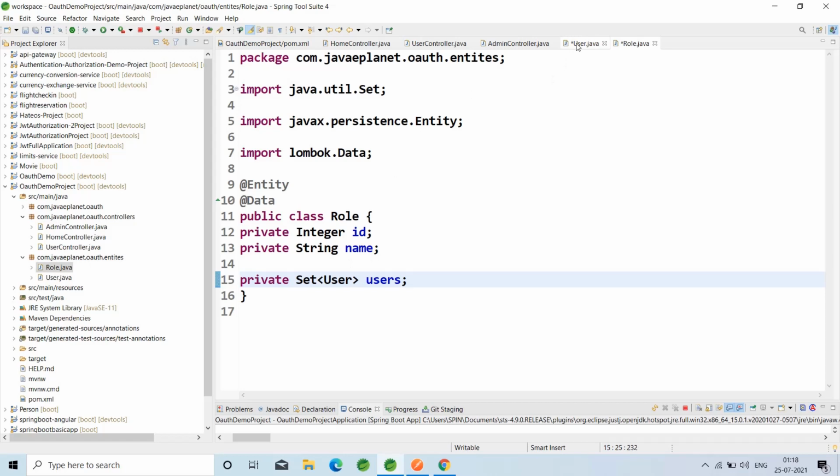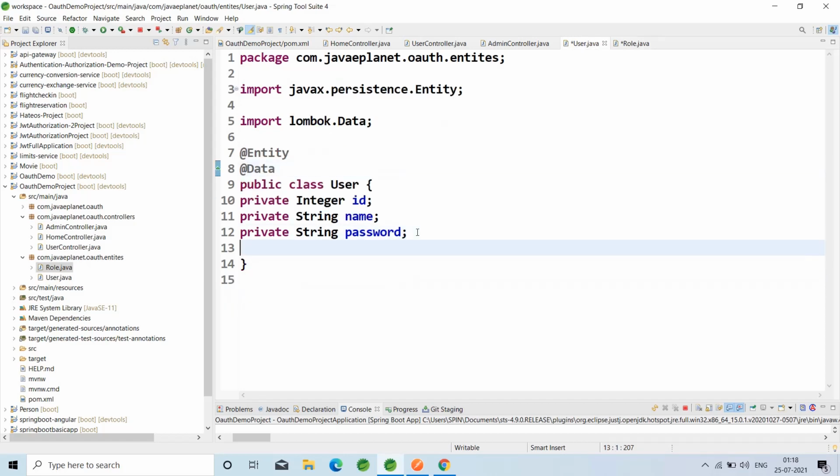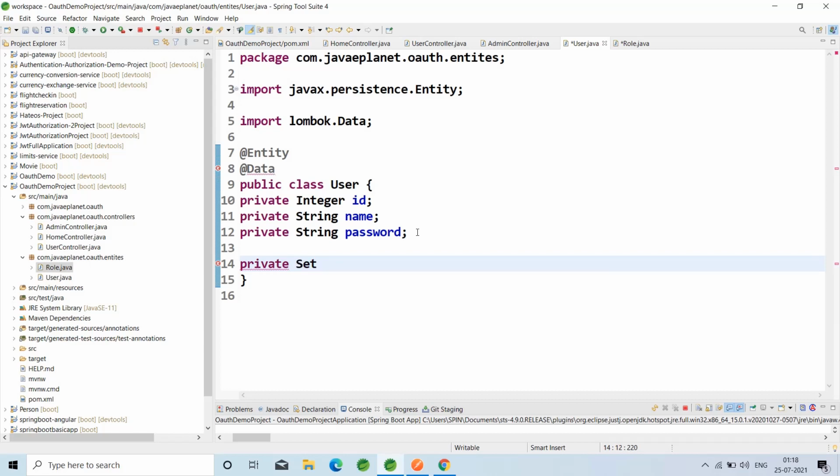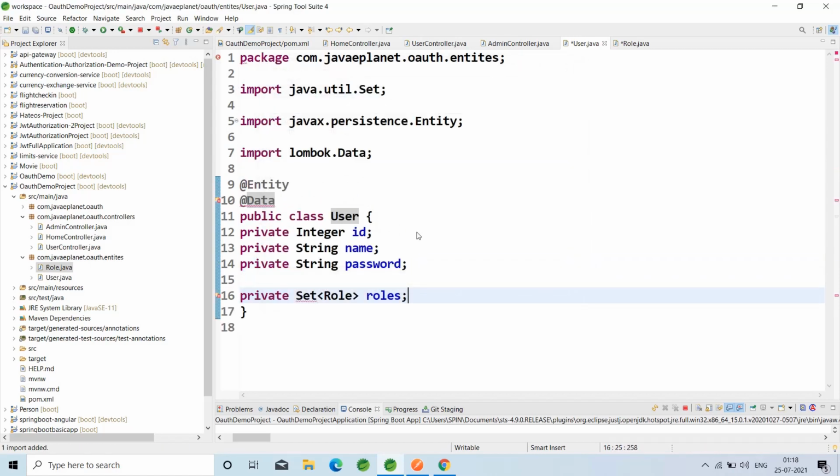And here in the user, private Set of roles. Control shift O to organize the imports.